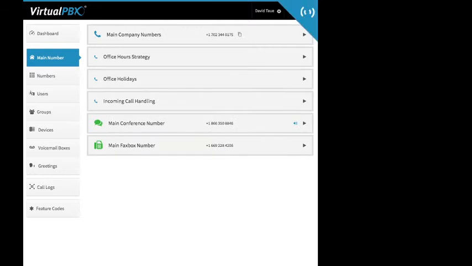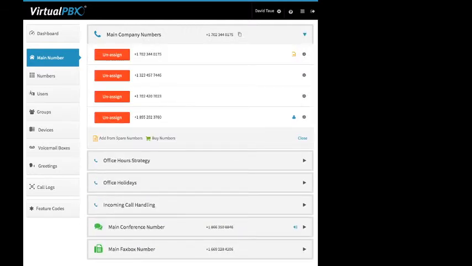Let's go back up here to your main numbers so you can see all your main numbers on the account here. You can add any of your spare numbers at any time. You can buy numbers here directly, right? You got local or toll-free. You have a little gear icon next to each number, so you can set up the caller ID,